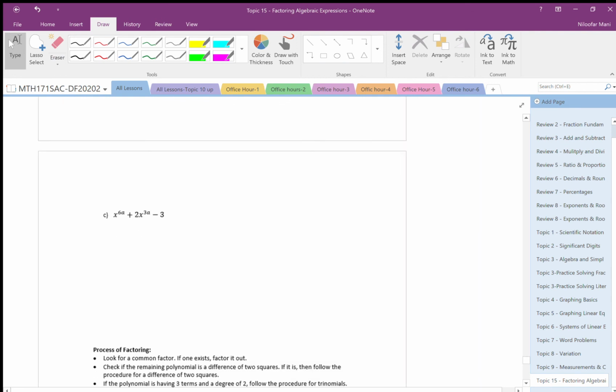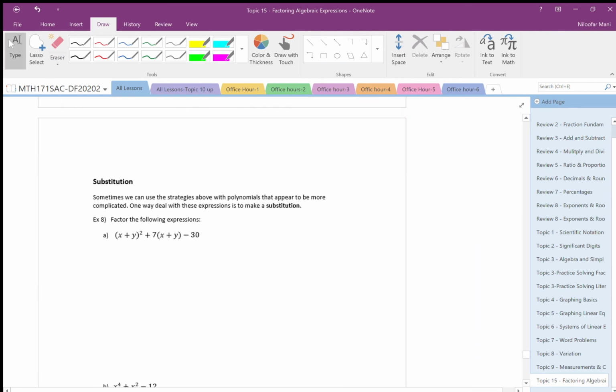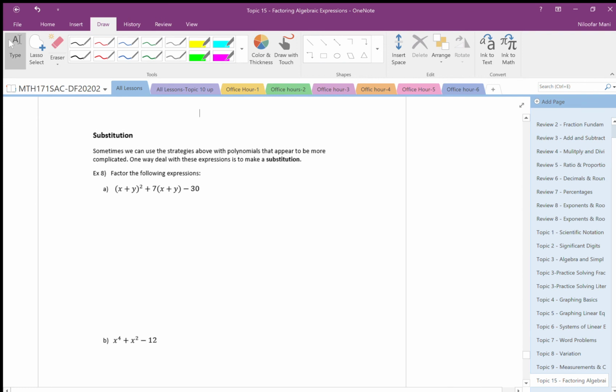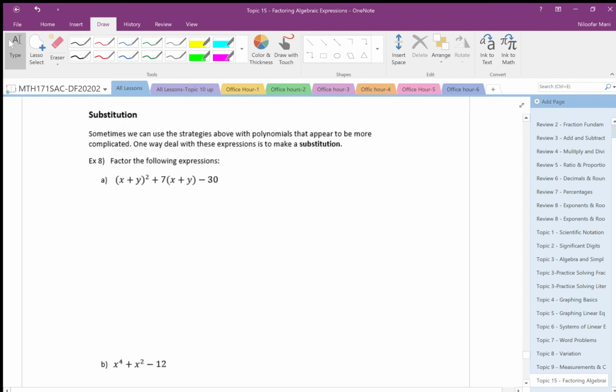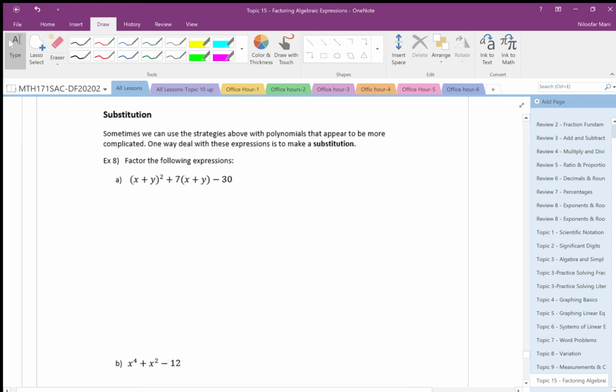Substitution. What do I mean by substitution? Look at the expression here. I'm not sure if I zoom it stays, just cooperate with me. You see a bracket squared, you see another bracket. If you expand, if you do x plus y squared, if you use Pascal, then it's very hard. So don't do that. When you see something squared,